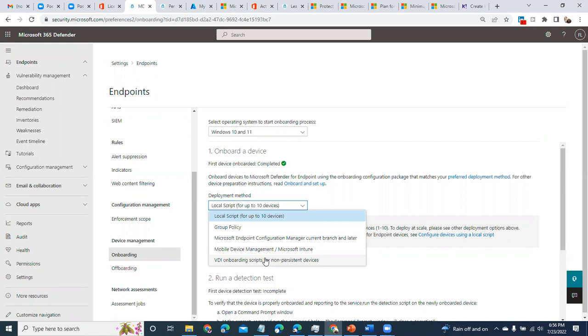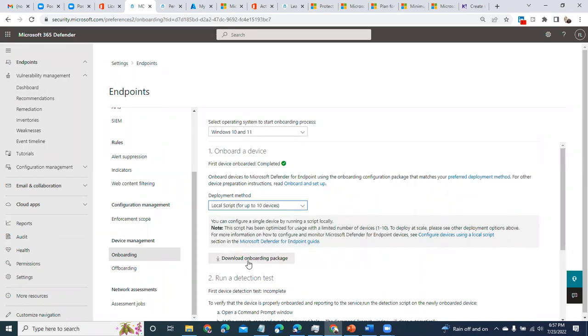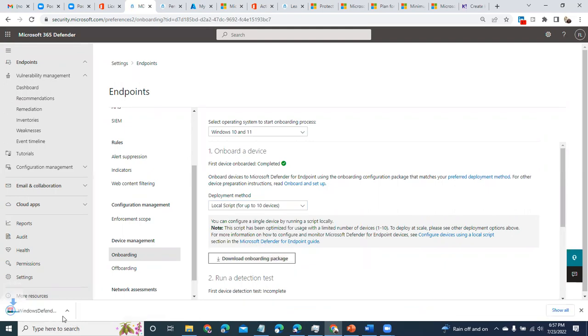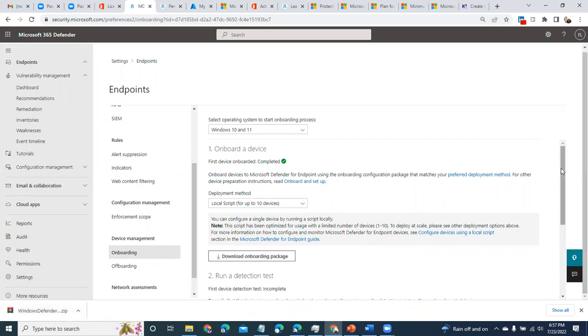With persistent desktops, one of the unique things is that when they reboot, they actually become refreshed. But while they are still up, they become threat agents. So Microsoft Defender for Endpoint is able to protect them while they are up and running and secure them against those memory threats. There's a special onboarding script for them. In this instance, I've selected here, and then all you do is click on download the onboarding package, and an onboarding package will be downloaded for you that you can now move to your device and install.